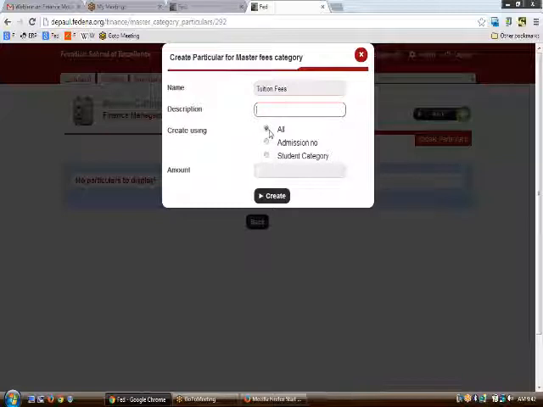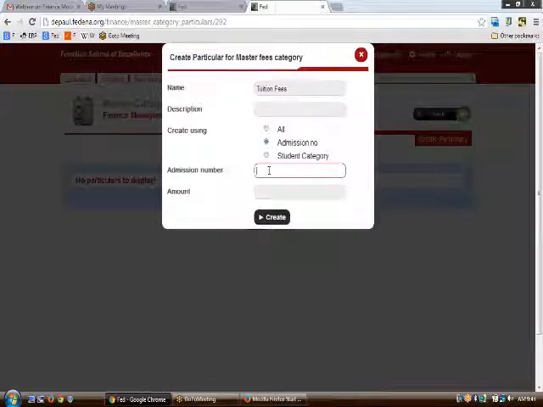If you click on all, this particular would be applicable to every person who will be paying money through this master category. Again, if you choose admission number, the particular that you have created would be specific only to the students whose admission number will be typed here. If you have a number of students, you can separate the admission numbers by comma.